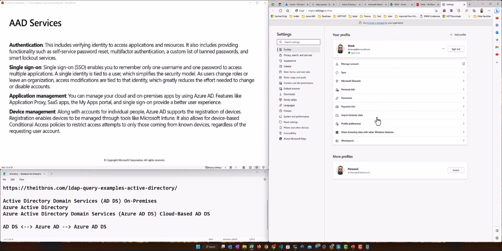Just like Android and other devices as well. When I join to Microsoft Intune, this is the Intune, right? It is controlled through Azure AD. Intune se aap policies karte ho. Think of, anyway, I don't want to go into the detail of that one. Right now, just think of it. Azure AD is controlling these things, right?